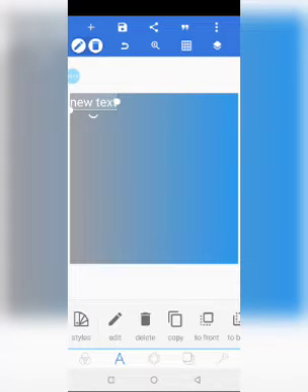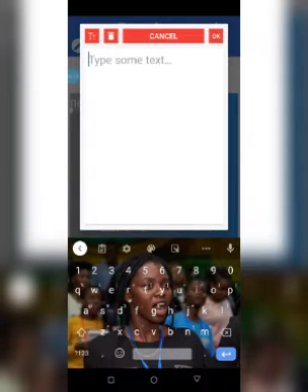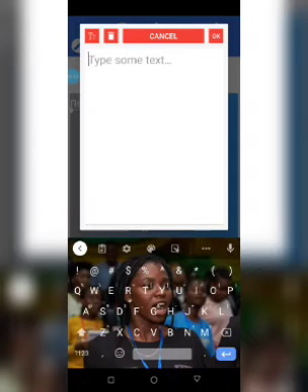Just lock it. So let's say you want to type something. You can see this icon here, A. Just click on A, then you see your text. You click on edit, then just put in something right there. Just clear everything off. So you can just put something. Let's just use A, B, C, D, E, F, G, H. Yeah, so this is what we want to write. Just say okay,